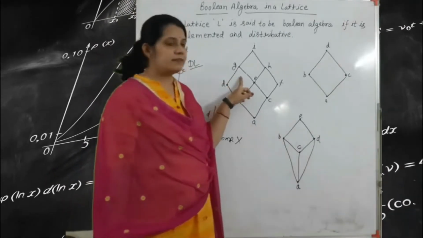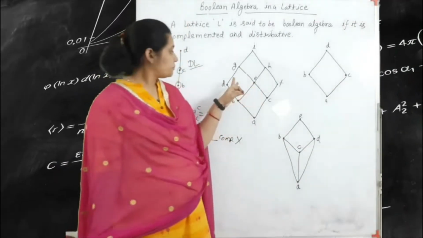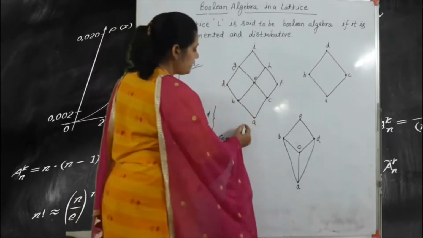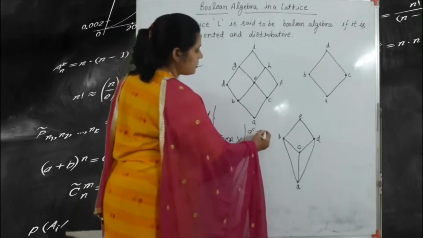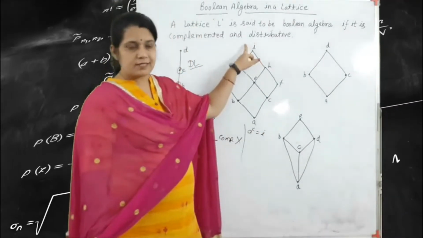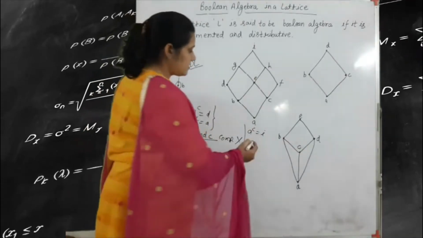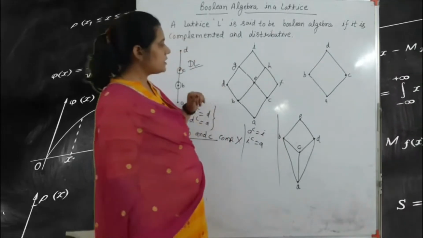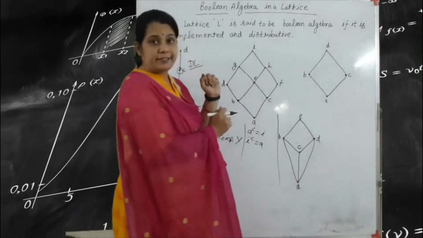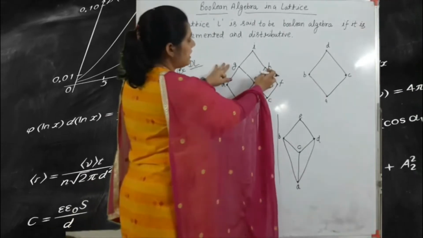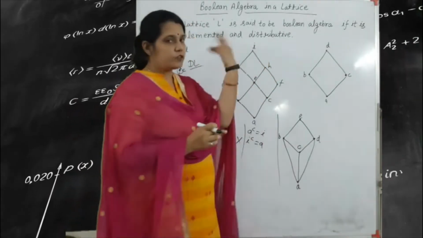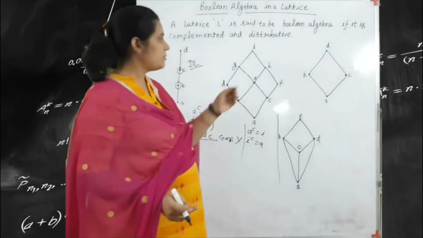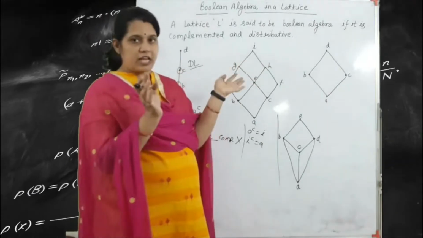Okay, next one is the example of, again, the Hasse diagram. So the complement of A is equal to what? I, because I is the top of the system and A is the bottom of the system, and the complement of I is equal to A. Okay, next one is, if we consider G and H, listen carefully. If we consider G and H, the join is the top of the system, but the meet is what? This is not the bottom of the system. So G and H do not have any complement.